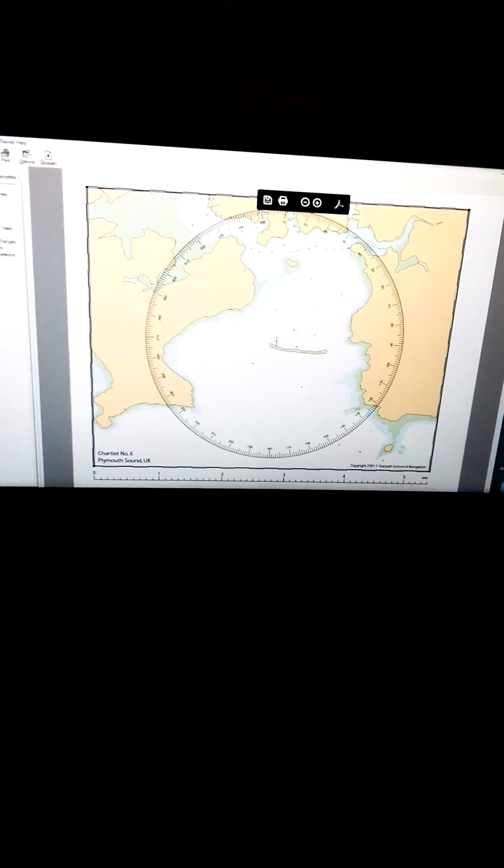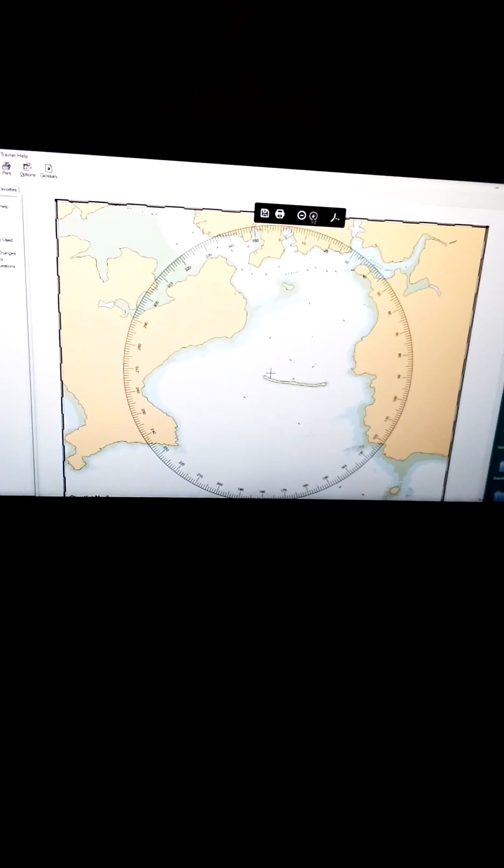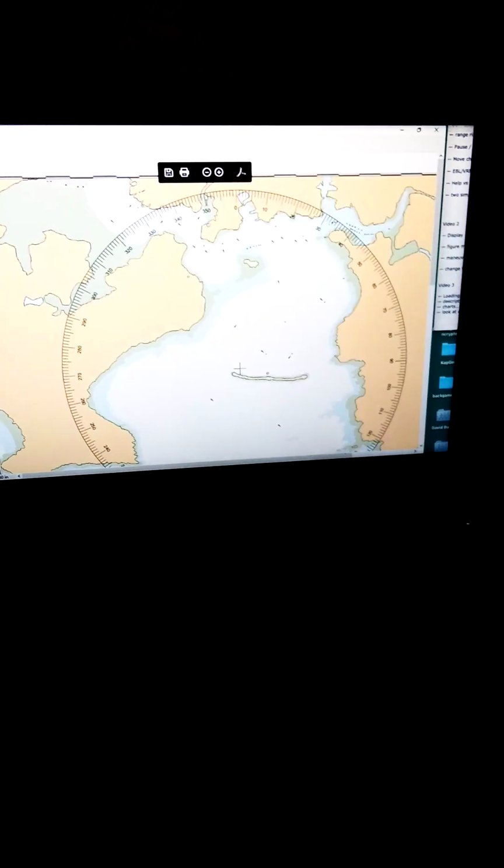It doesn't matter to us because you can print it from here just as well. And then you can also zoom it and look at it here like that. And so this is that chart, and then there's a scale. And then what we find in the course is what we're going to do is we can't